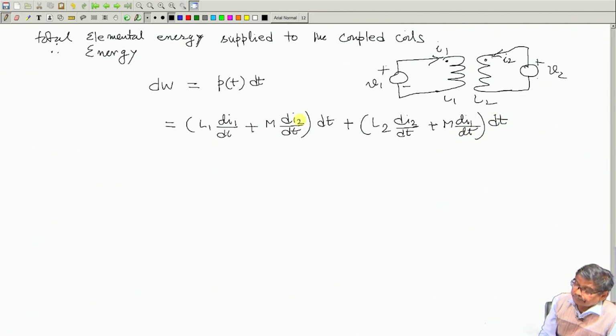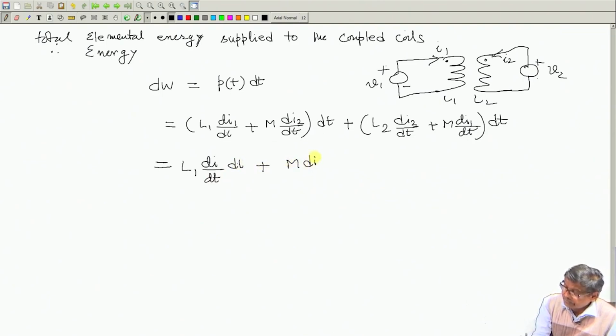This will be the thing, which can be written as L1 open the brackets dI1/dt into dt, this dt push it inside, plus M dI2, plus L2 dI2/dt into dt